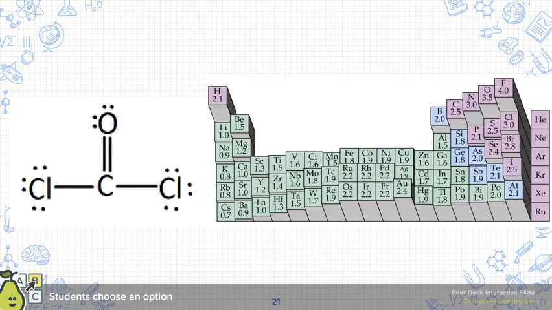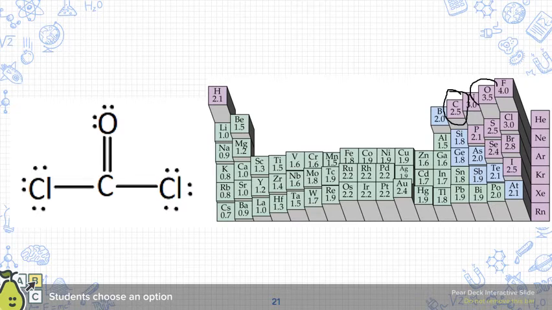So let's look at another one. This is phosgene, which is carbon bonded with 2 chlorines and an oxygen. We'll want to use the electronegativity values given to us in the periodic table to the right to solve this one and see those different bond polarities and magnitudes. First we'll find all the elements we need. We've got carbon,